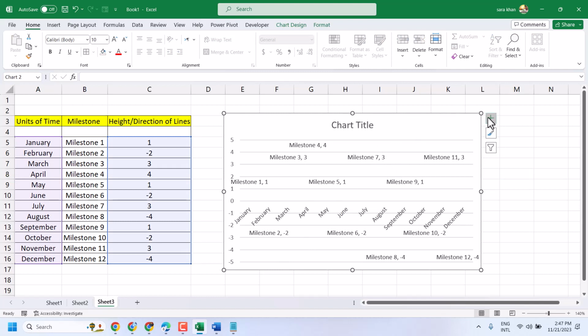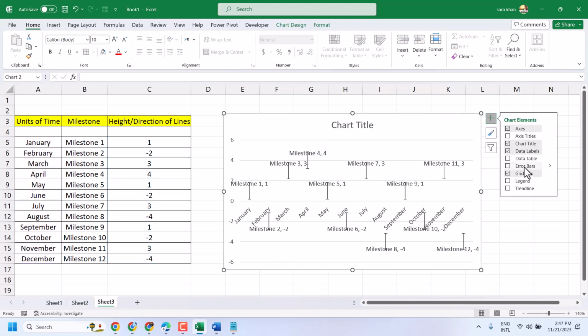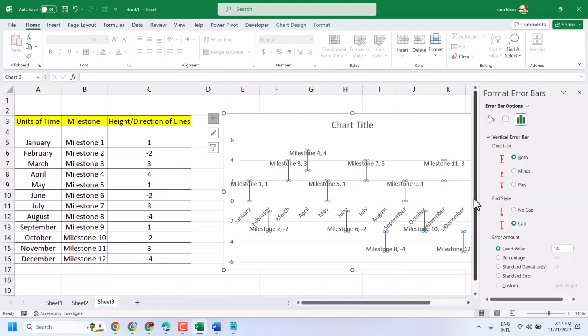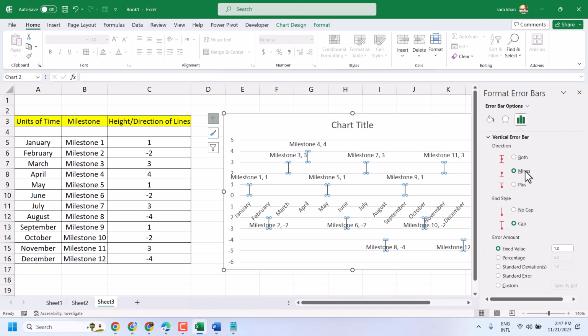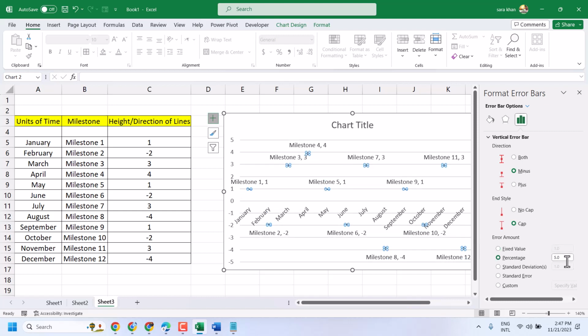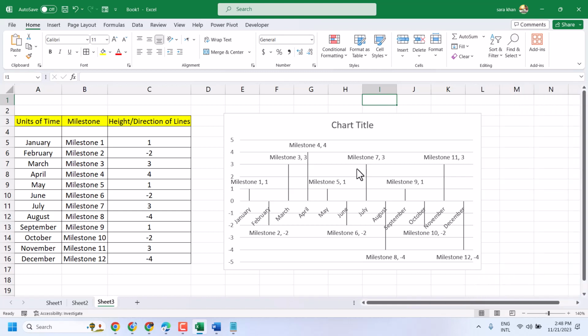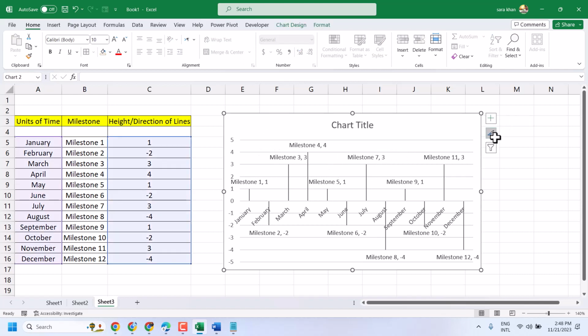select it, then plus icon, click on error bars, more options. Now here select this minus and percentage, so you can 100% and click anywhere and exit. Now to remove this guide line and exit bar, so